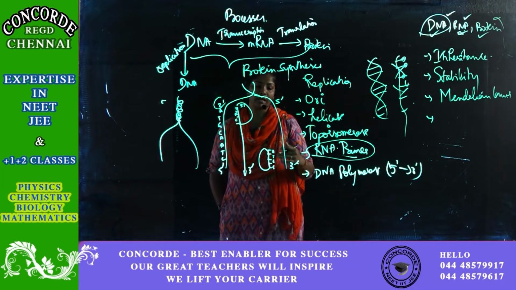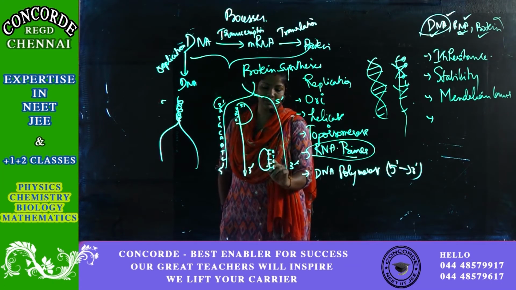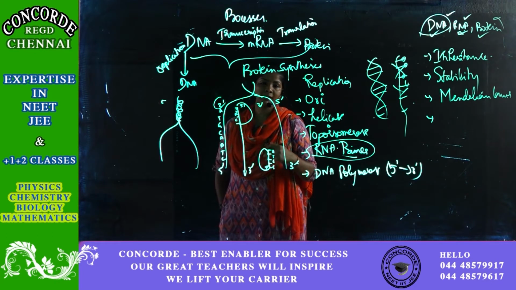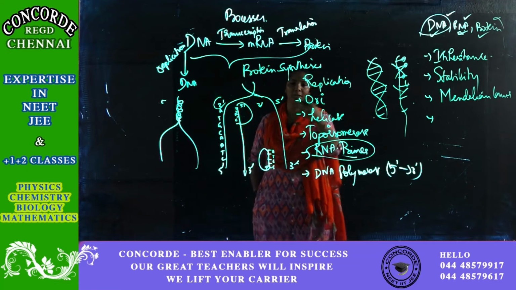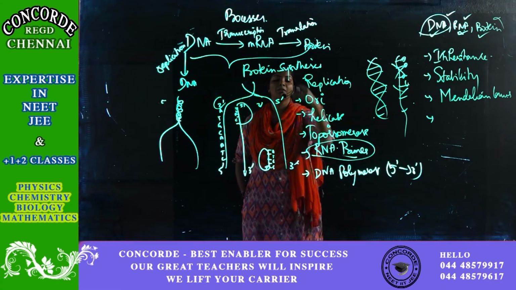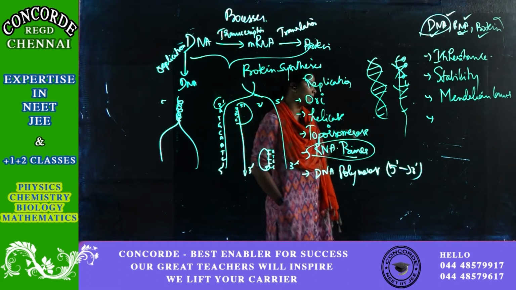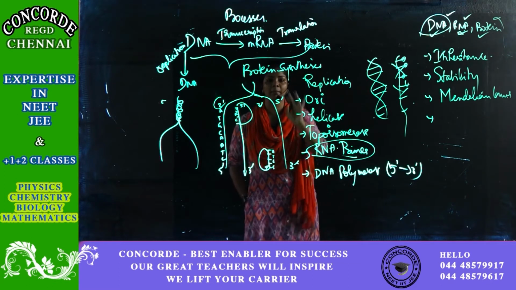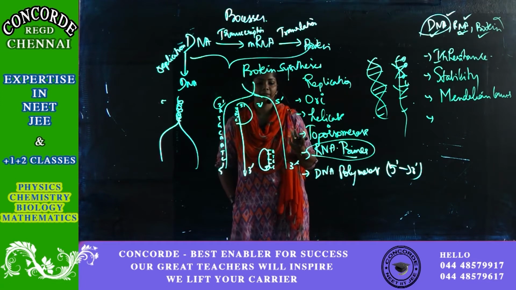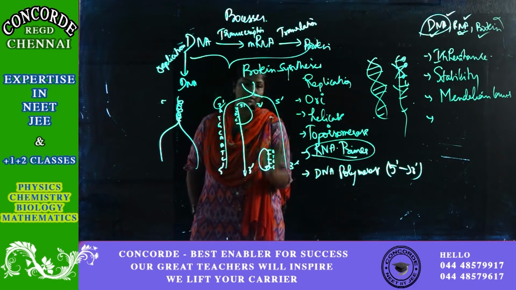And here also the same, 3' means here it's 5' and here it's 3'. But here it's more difficult. See, if you ask me to walk from here to there, I'll walk spontaneously. From there, if you ask me to come back, or if you turn me like this and ask me to walk in the same direction, for me it's difficult, correct? The same process. So this is a reverse direction.